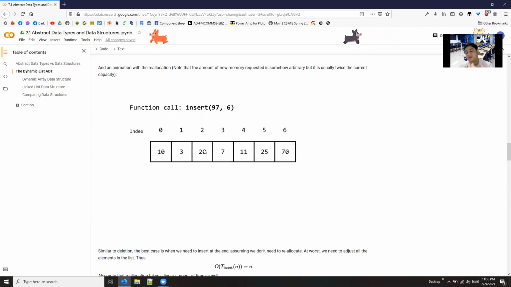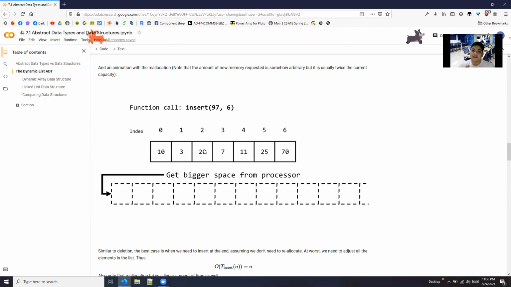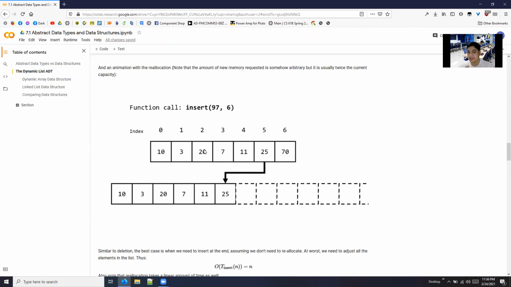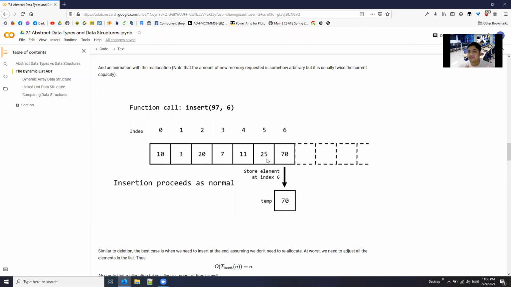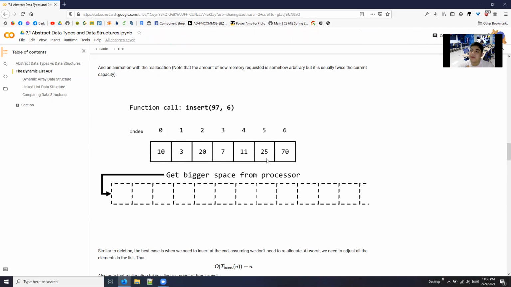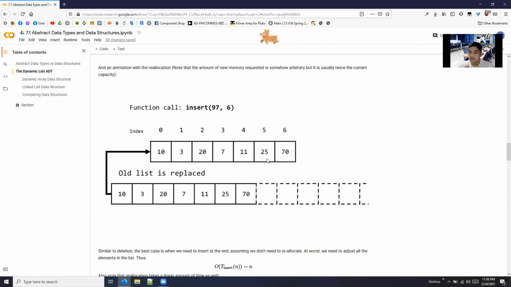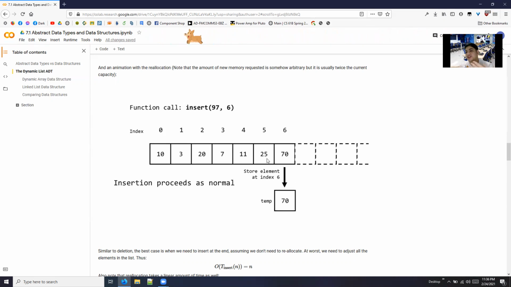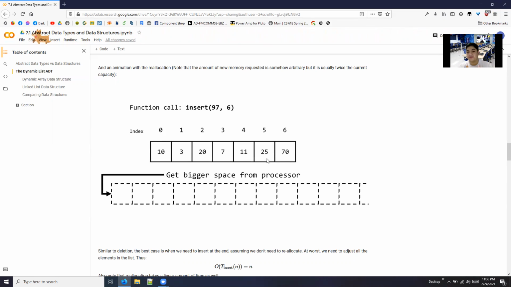And actually, this process is called reallocation, since we allocate a new space for the list, since we're expecting a bigger list. Usually if the list first has a capacity of 7 elements, it will get a new memory space that could fit 14 elements. So usually it doubles the original capacity, but it differs from computer to computer or from programming language to programming language. But for Python, I'm pretty sure that it's twice.